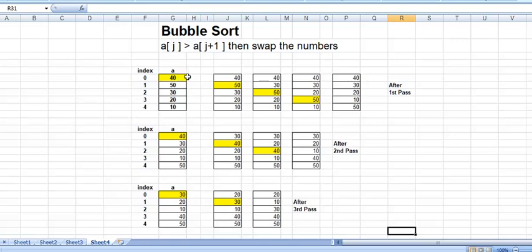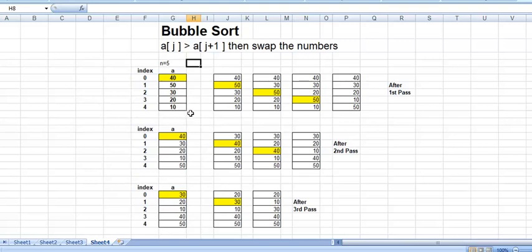Initially we start with the array A, which has n number of integers, let's say the user has given n as 5. How many elements will be there in my array? 5 elements, and the name of the array is A. The user will give those 5 elements as 40, 50, 30, 20 and 10. When we read this into an array, at index location 0 we have 40, at 1 we have 50, at 2 we have 30, at index 3 we have 20, and at index 4 we have 10. If you see this, they are not in a particular order.